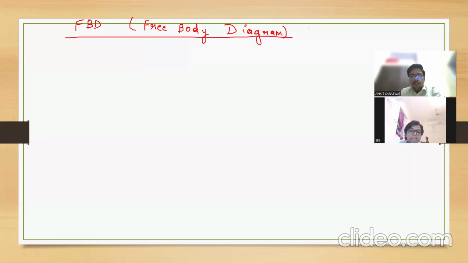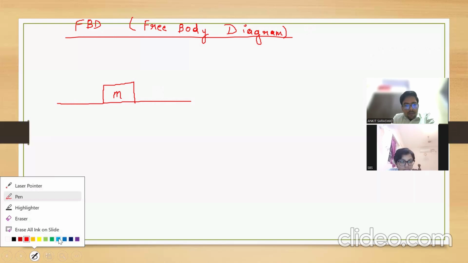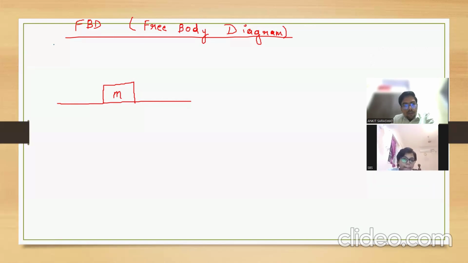Now how to draw a free body diagram? For example, one block is there on this floor. One block is placed like this. First of all, write the definition. What is the free body diagram? First, write the definition. It is a diagram